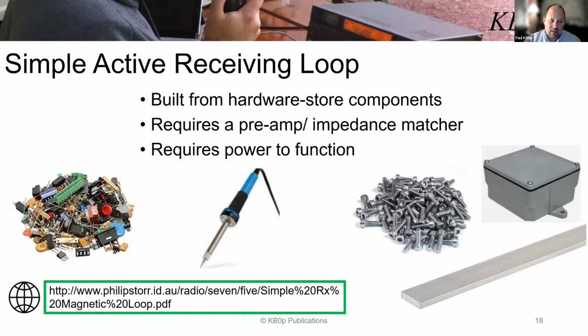So that antenna, the active receiving antenna, is an antenna that I built. It can be built from hardware store components, Menards, Home Depot, wherever your favorite hardware store is. This type of antenna requires a preamp, so an amplifier, and an impedance matcher. So it has a preamp and a little balun built into it. So now you're going to have to start digging into your parts bin for some transistors, capacitors, resistors, different things like that. And because it's an active preamp, it needs power to function